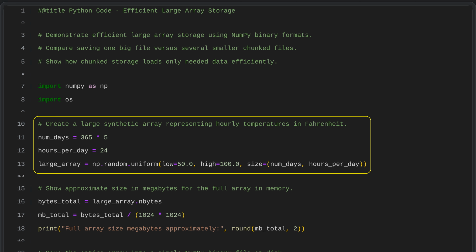To simulate hourly temperature data in Fahrenheit over 5 years, we first find the total number of days by multiplying 365 by 5, and note that each day has 24 hours. We then use a random uniform function from a numerical library to generate temperature values between 50 and 100 degrees. The total number of values is the number of days times the number of hours per day. These values are arranged in a two-dimensional array, where each row represents a day and each column represents an hour